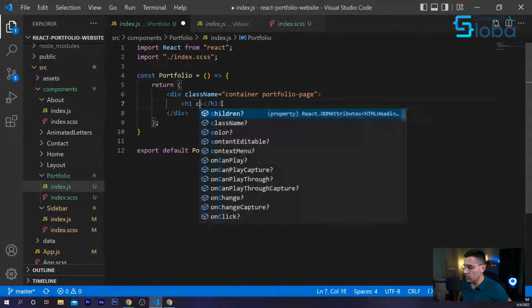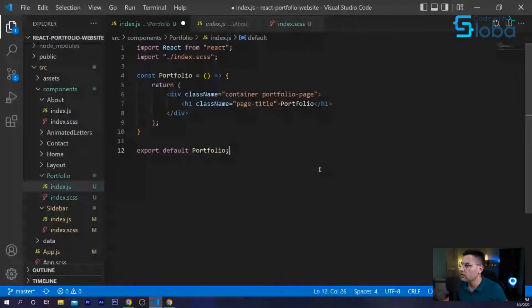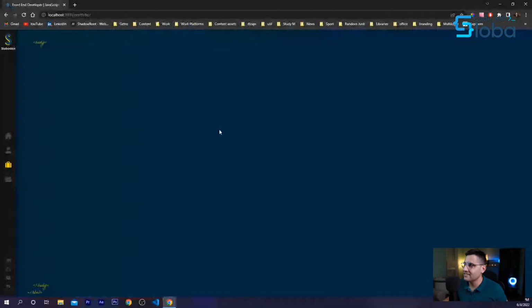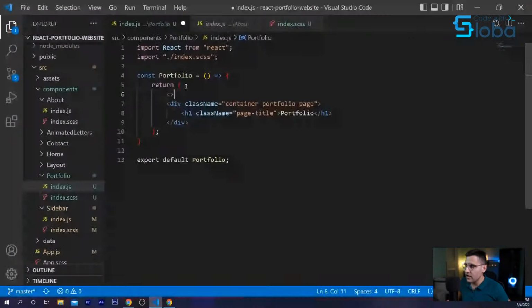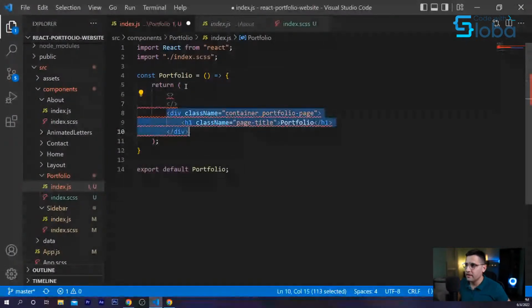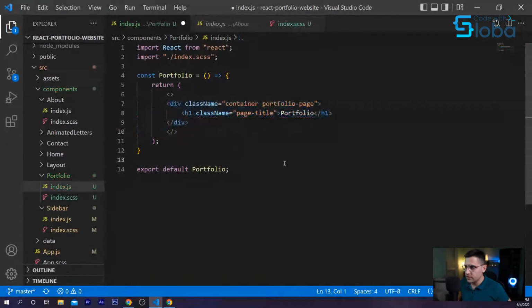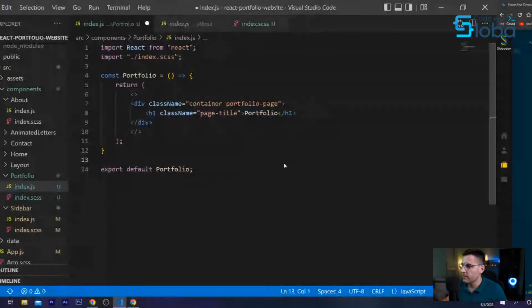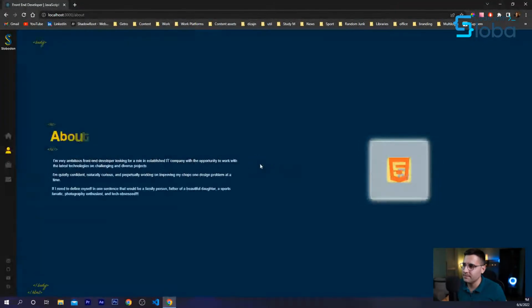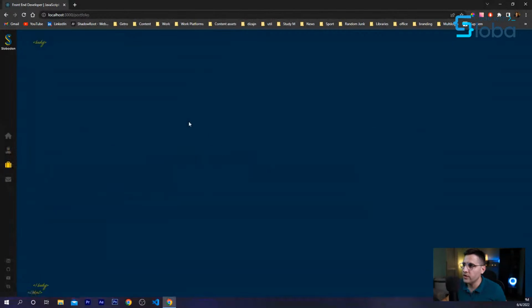Okay. If I go refresh and check right now, we can see it here. We haven't applied any styles yet, so it's terrible, I know, but stick around with me. It's going to be better. Another thing which I'm following on other pages is to have the Pacman loader. So let me just show you. If I go, for example, on the about page, you can see we have this nice Pacman loader. If you go to portfolio, we don't have that.